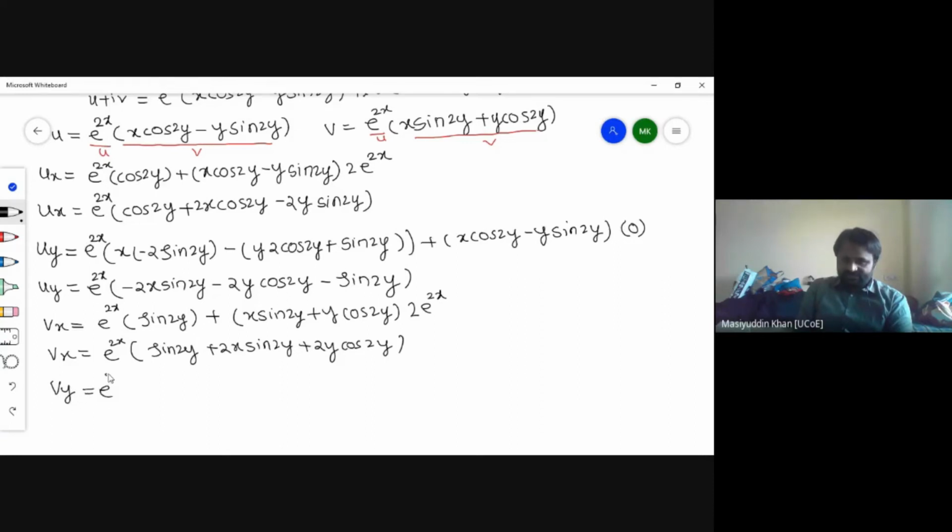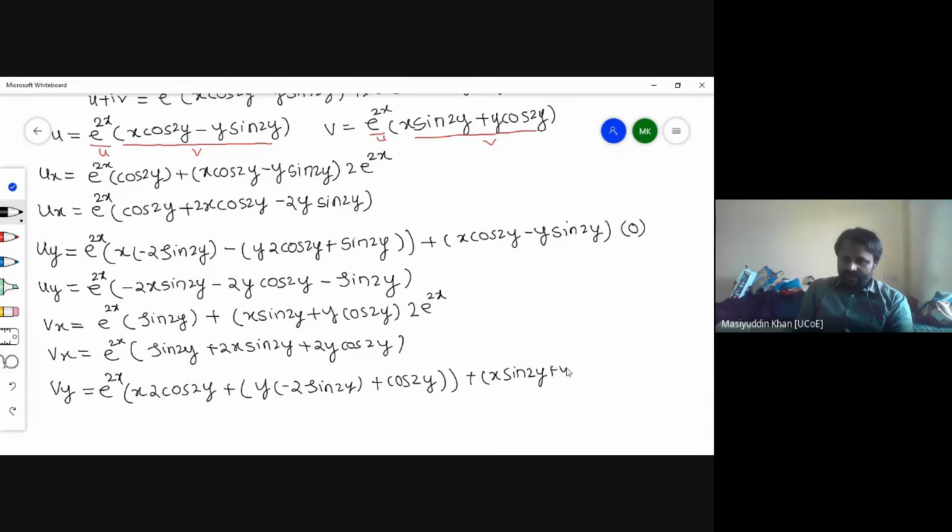So again e raised to 2x as it is, derivative of v with respect to y, so x as it is, and what will be the derivative of sin 2y, 2 cos of 2y, plus, again here you will see there are two functions, so you have to take y as it is, and derivative of cos 2y is minus 2 into sin of 2y, plus cos 2y as it is, and derivative of y is 1, so kept as it is, bracket completed, plus write the whole v part, x into sine of 2y